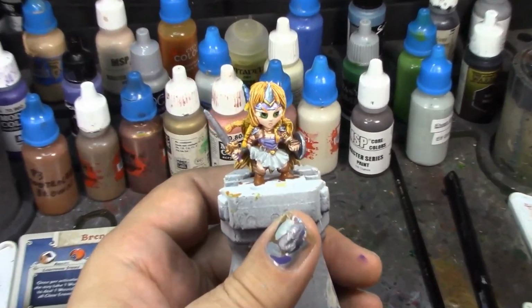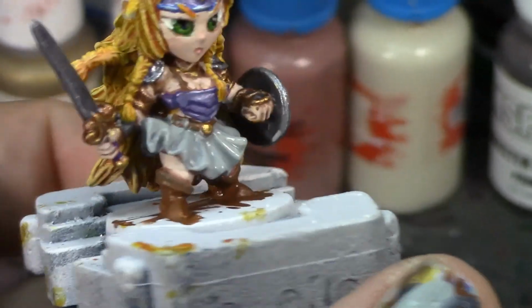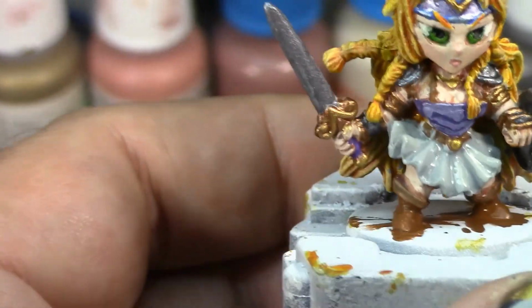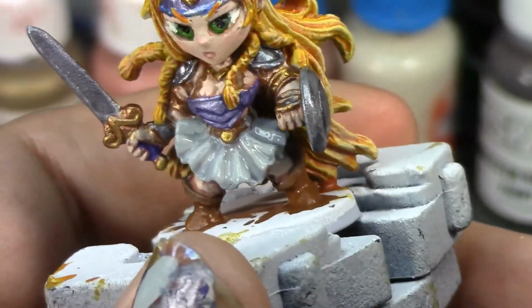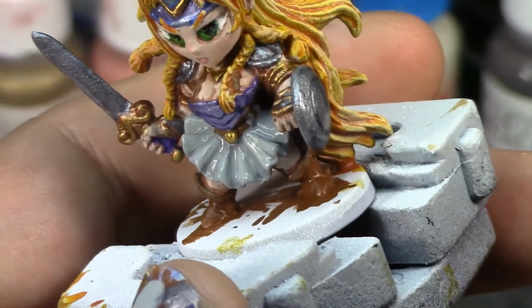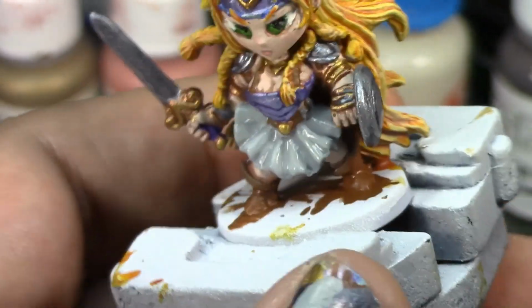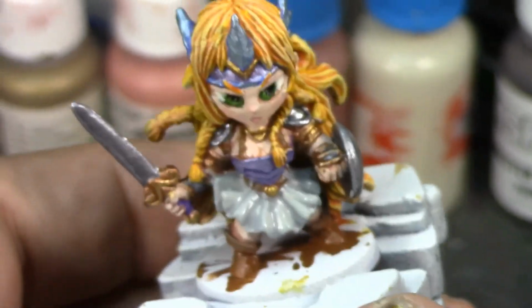Alright, Brush Monkeys, quick update time. Oops, got way too deep into her there. There we go. Okay, so I did the boots, sort of. Haven't finished the main body of the boots yet, but I did the rest of her leather straps on her arms, her shoulder pads, bodice there, her belt. And I started doing the skirt, but the underlayer of the darker gray, I decided to go with